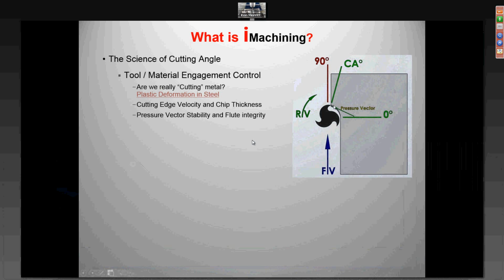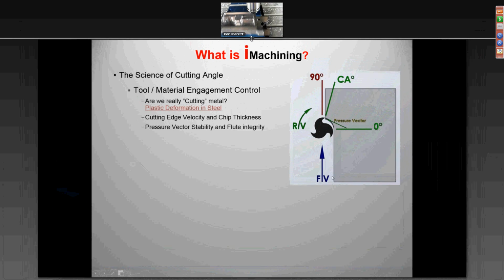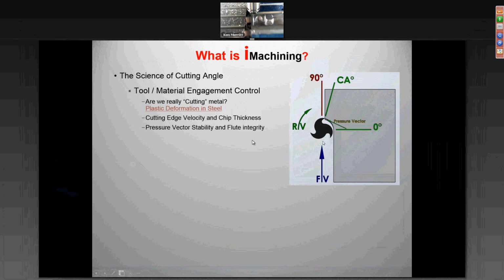When we're in a proper alignment, where the tool is over here on the right-hand side of the cut, we have rotational velocity on the tool this way. We have forward velocity on the tool this way. When those two are in balance and the cut is less than 90 degrees, then we have a pressure vector that is aligned something similar to what you're seeing right here. Okay? Now with the grind of the tool, this internal concave grind here is designed for several reasons. Number one, to curl the chip and eject it. But also number two, it's kind of the